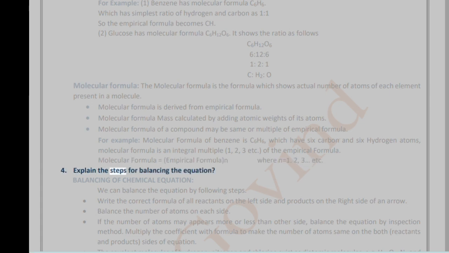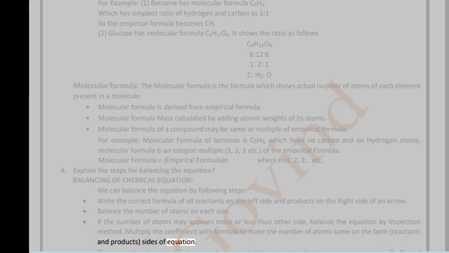4. Explain the steps for balancing the equation. Balancing of a chemical equation: we can balance the equation by following these steps. Write the correct formulas of all reactants on the left side and products on the right side of an arrow. Balance the number of atoms on each side. If the number of atoms appears more or less than on the other side, balance the equation by the inspection method. Multiply the coefficient with the formula to make the number of atoms the same on both the reactant and product sides of the